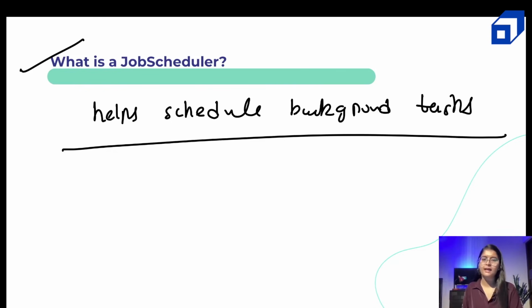like WhatsApp, where at 2 a.m. in the midnight they perform some data backup, such operations, right? So if there are some background tasks which are supposed to be performed at a specific time, then in such cases job scheduler is very helpful. It helps you schedule the background tasks. Okay, moving ahead,